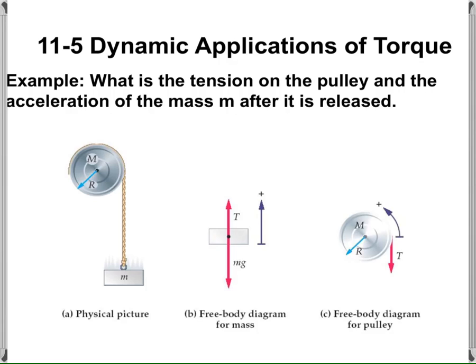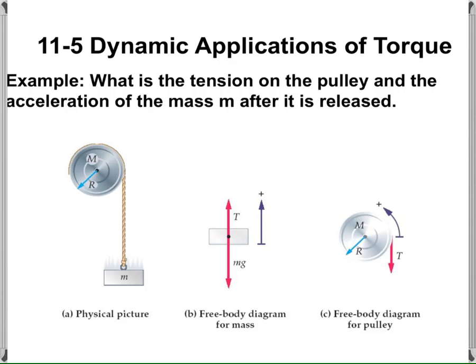You have to include this torque and also the rotation of the pulley when you are going to find the linear acceleration of the mass m, okay? Without taking into account the rotation, the angular acceleration, velocity, all the dynamics related to the rotation of this pulley, you will not be able to find the correct answer for the linear acceleration of m. So the best way to do this, again,